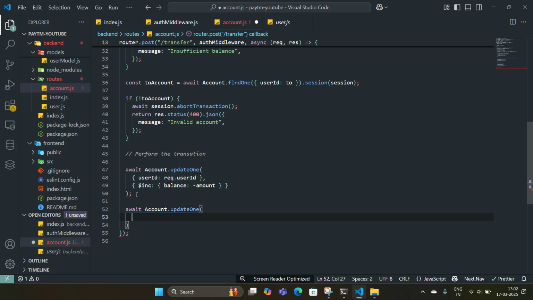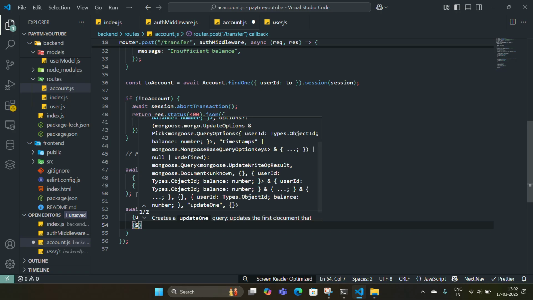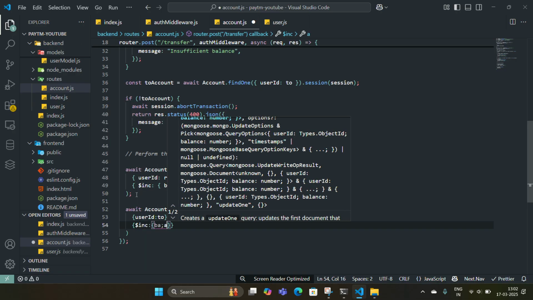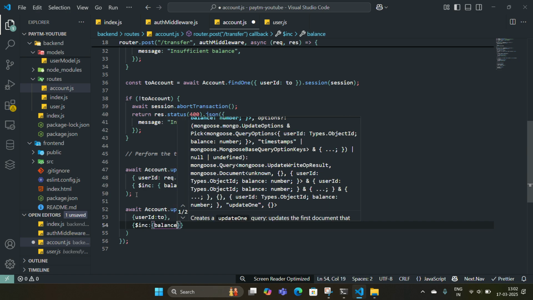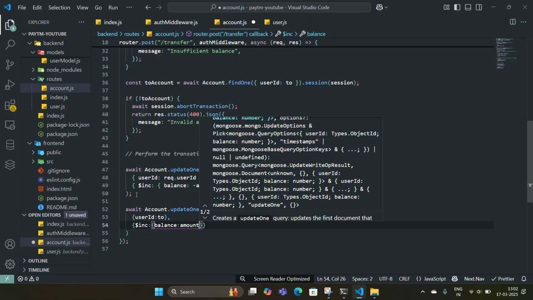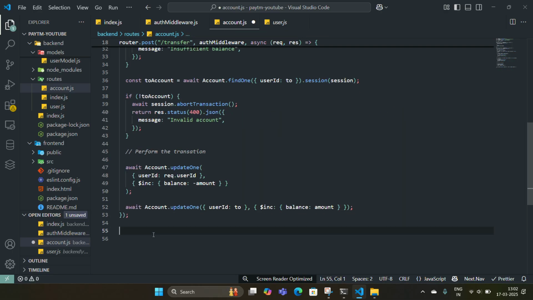then what we have to do, await Account.updateOne, where the userId is toAccount, like to whom we are sending the amount okay, and then $inc balance, add the amount okay, nice okay, then just module.exports equals this router okay,